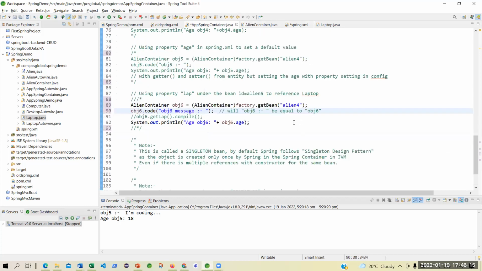The rest of the class? Yes, sir. It's equal. So will obj6 message colon dash space be equal to or contains? It will be true.